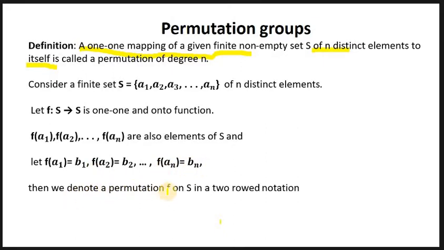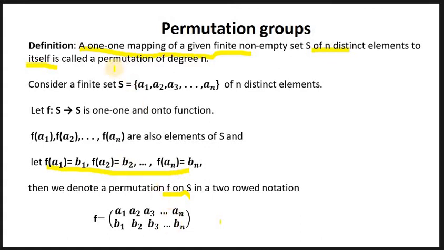Then we denote the permutation f on S in two-row notation as follows: f is equal to a1, a2, a3, up to an. These are the elements of the domain, and the elements of the codomain are b1, b2, b3, bn. They are nothing but the images of a1, a2, a3, so on an respectively.